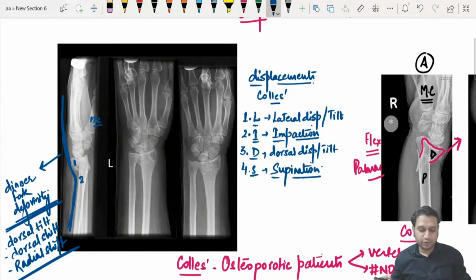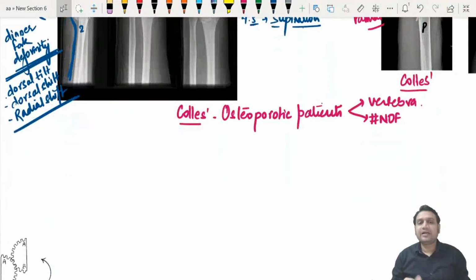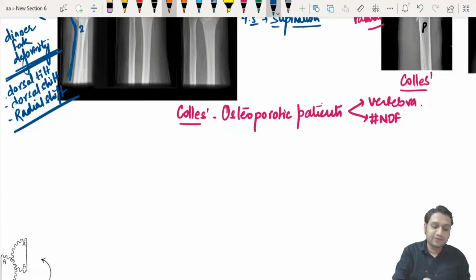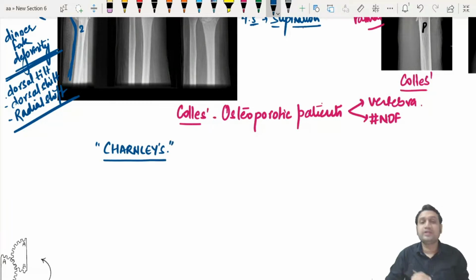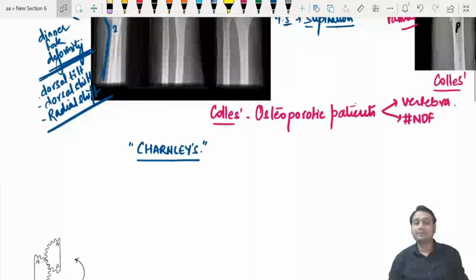Okay, now I'll show you one image step by step. Let me tell you guys, whatever I'm telling you now, the references for all of it are taken from a book which everybody reads in the whole world, and that is Charnley's. I'm telling you what is mentioned in Charnley and what everybody should know while reducing the fracture of Colles or other conservative management. This is the book that we all follow, that we all read. I've taken a few images from that book to make you understand this in an easy way.